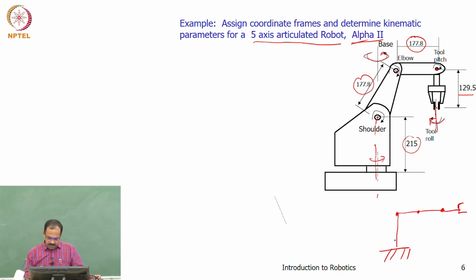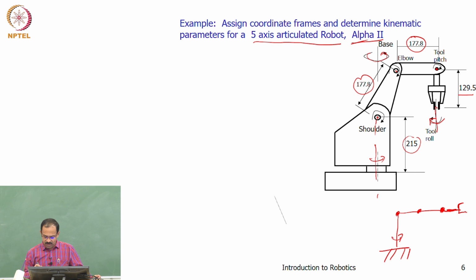So, now I have a joint here which can rotate with respect to this. I have another joint here, a joint here, a joint here, and I have a joint here also, which is for the roll. But it's a roll axis, so there may be a joint here, and I don't know where exactly it is.